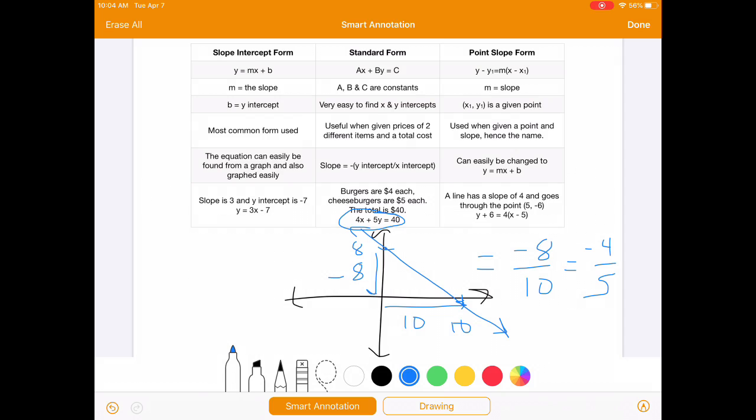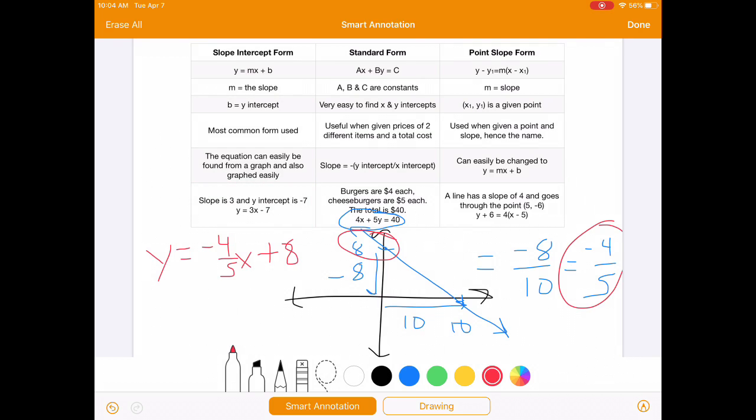So while that's a coincidence, it is important to note that with this information, we can very easily change standard form into slope-intercept form. The only thing we need is the slope, which is -4/5, and the y-intercept, which we know is 8. So we could have y equals -4/5 x plus 8 if we needed to change standard form